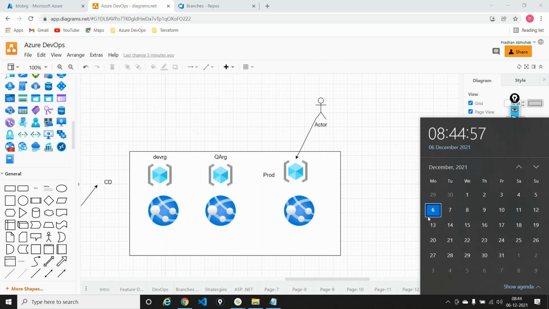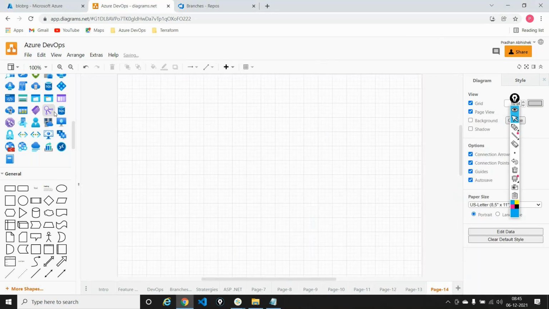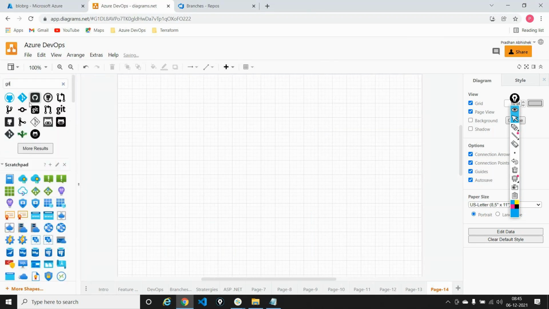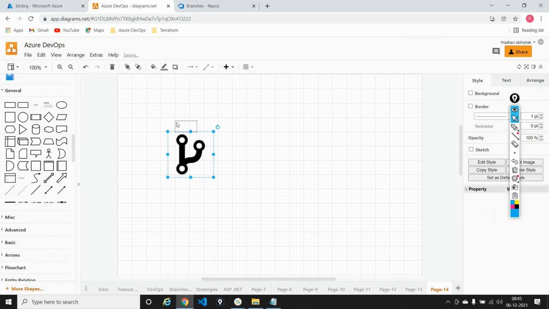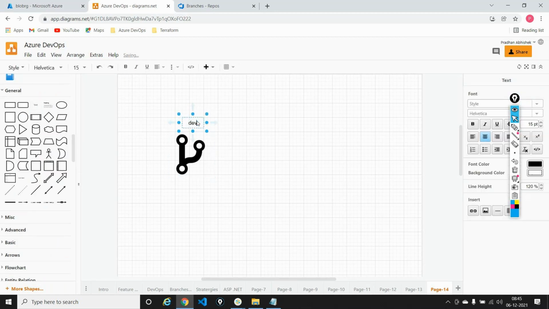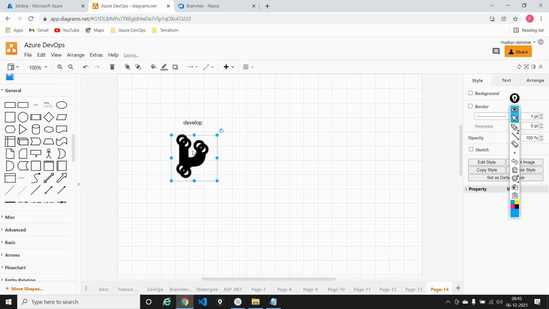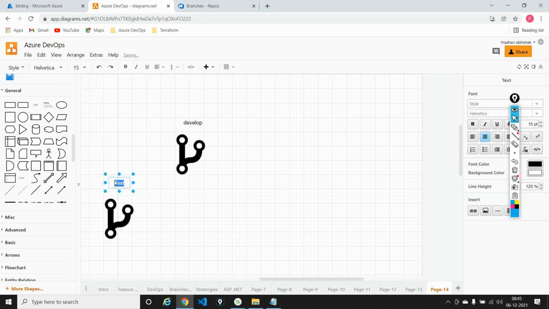Okay. Let's imagine that, let's put a cycle here again. So right now, you're working on what? The develop branch. So let's do a develop branch out here. So all the developers are merging their changes to what? The develop branch using a feature branch. The develop branch is protected. So the developers are coming with something known as a feature branch. After the changes merged, they are deleting this feature branch, of course,